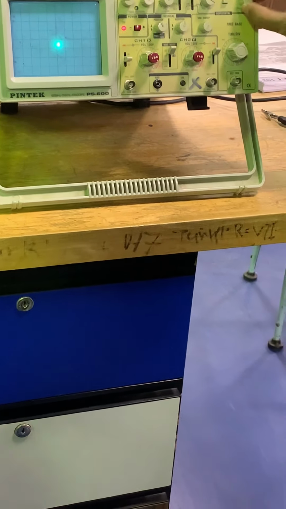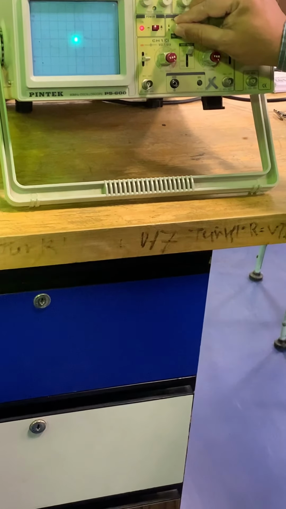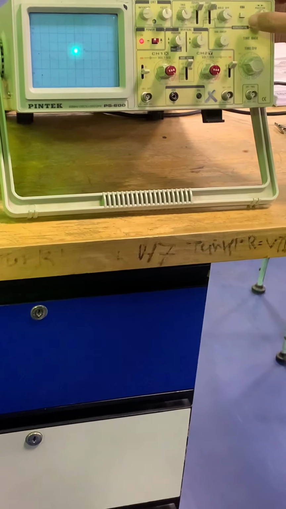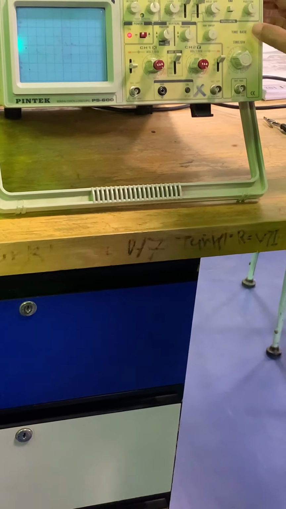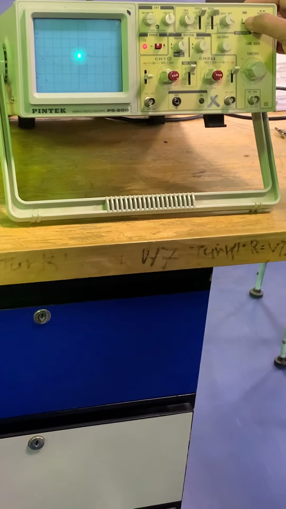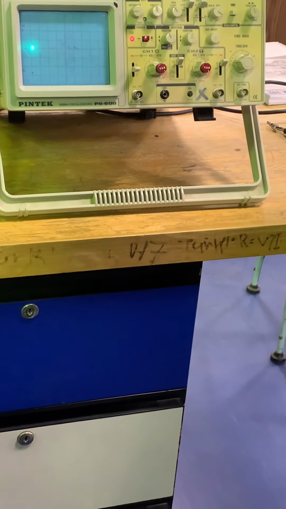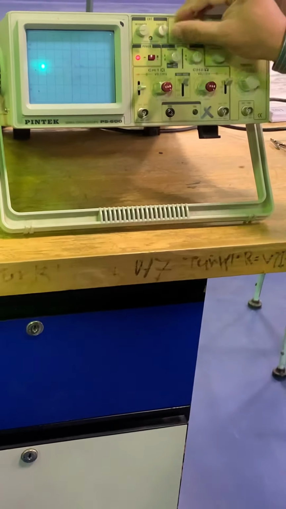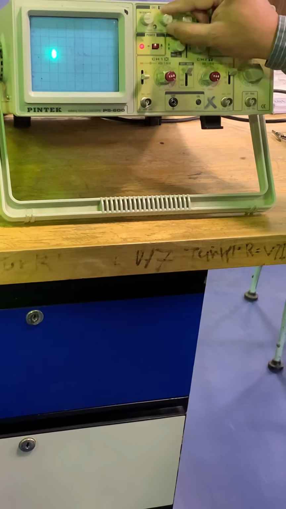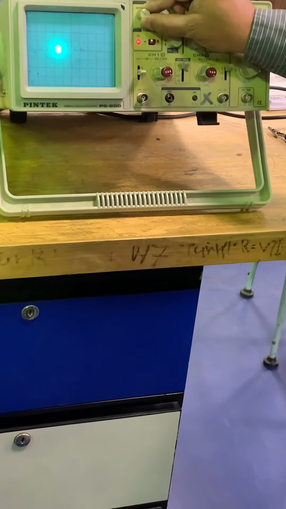Okay. And I'm just going to move it a little bit up so that it becomes in the middle. Don't press this button. This will be used for Lissajous figures. We are not using it at the moment. And you can see that this dot is moving. If you increase the focus, you have to reduce it. Intensity will change the brightness.